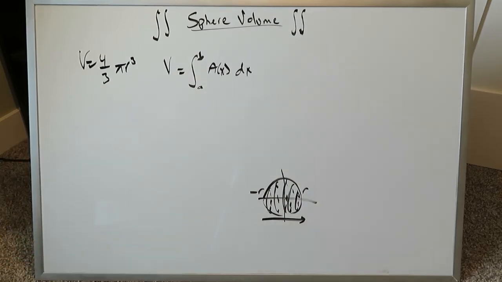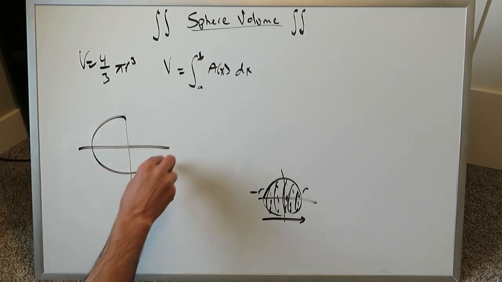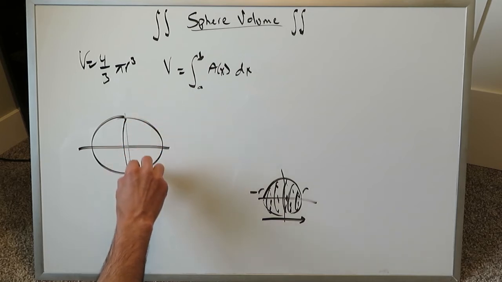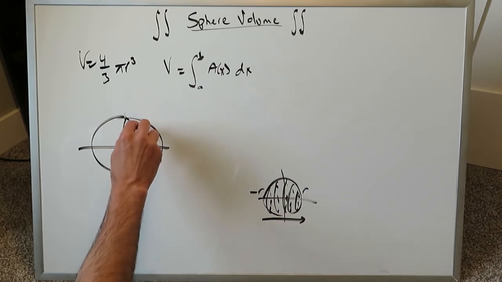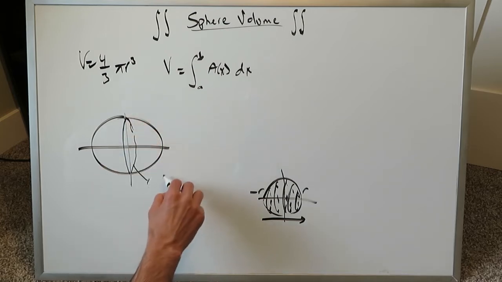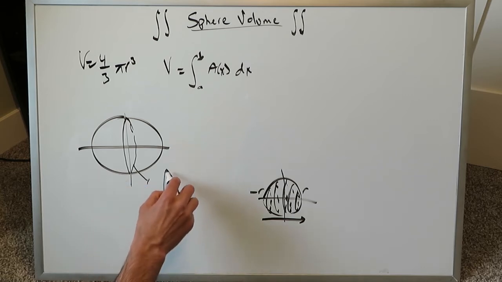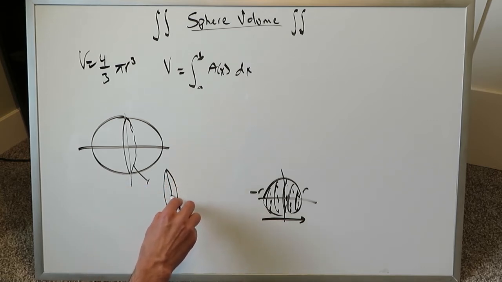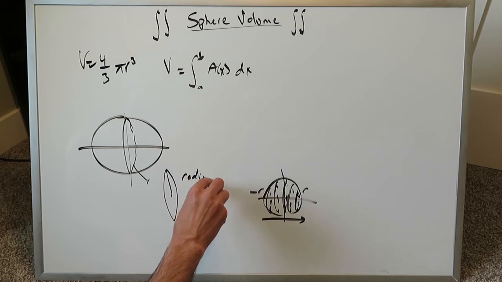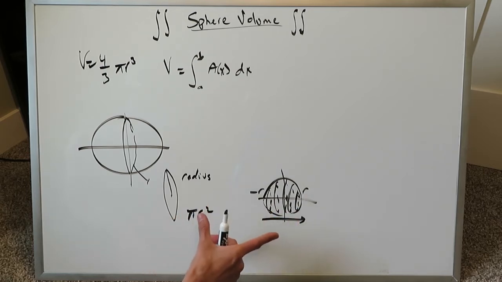If I take this figure right here and blow it up, and just look at a single circle which we can just draw. There are many ways of doing this, I'm just showing you one way. I pluck this little circle out, and I'm looking at something like this. It indeed is a proper circle, it's just that you're looking at an angle. This circle of course will have a radius over here, and to determine the area of this one circle, you know it's pi r squared, whatever that radius might be. You do the cumulative sum of all of these areas from minus r to r, you add them up,